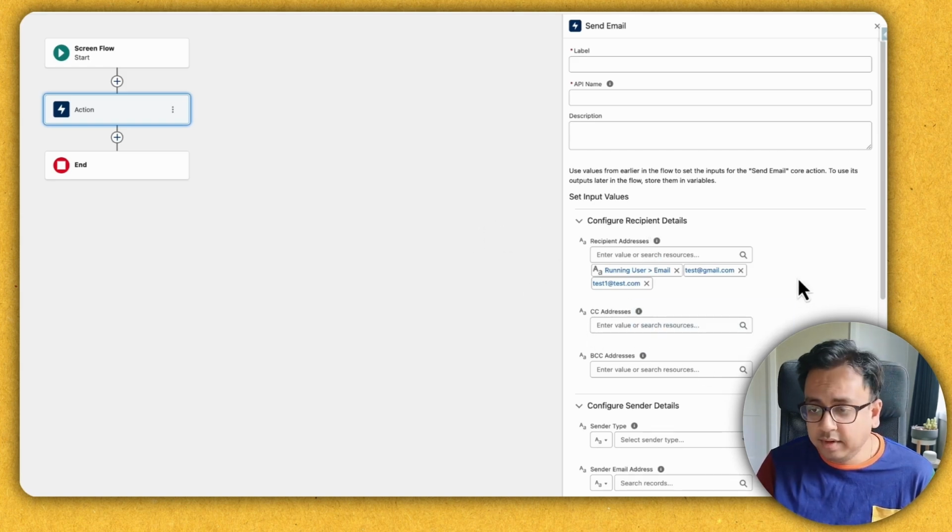So this is also a very good enhancement because now after this Winter 26 release, we don't need to maintain multiple inputs for the email addresses. Okay, with that,